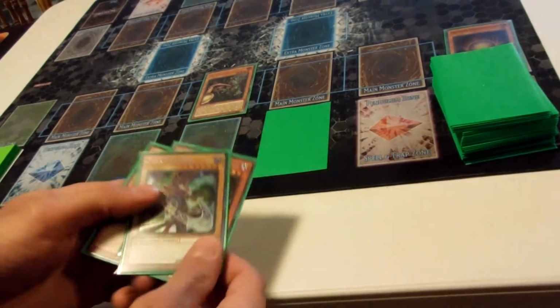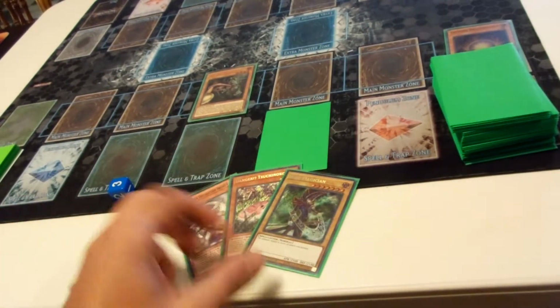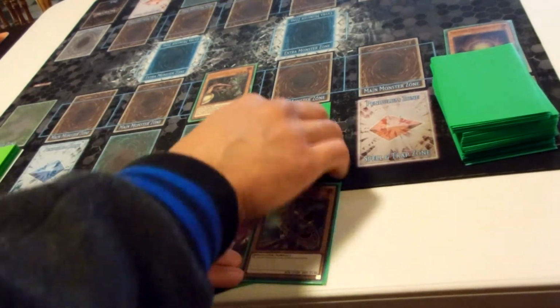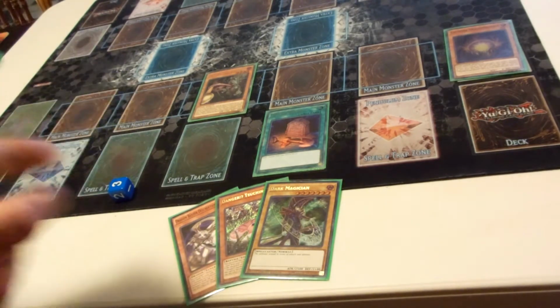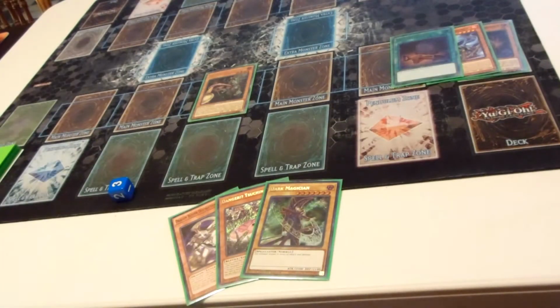That just means that we could possibly end up not being able to do our Dragoon. But to alleviate that, we are going to go straight with our Foolish Burial. So unfortunately, guys, this hand wasn't the best for displaying the ability of this deck. So this is kind of a brick hand. We're gonna just Foolish the Miscellaneousaurus,